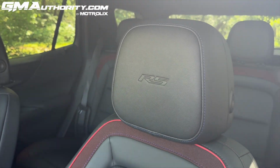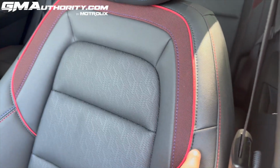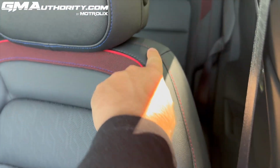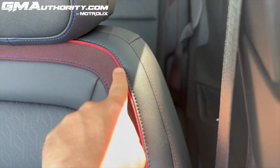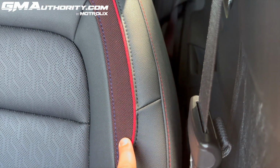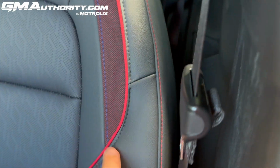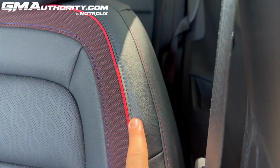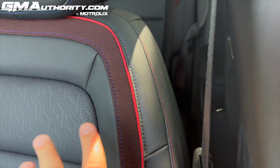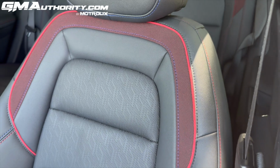They don't go back and forth. And then the rest of the seat, check this out. Look at the way that this red stitching takes place right there. You can also see the red piping along with the red and black accenting through here. You do have that blue stitch over here and another what looks like a black stitch around this part. So there is quite a bit of detailing taking place within the actual seat itself as far as colors are